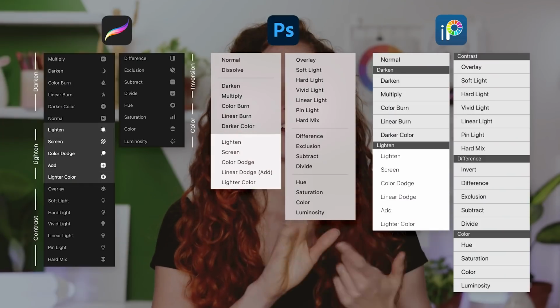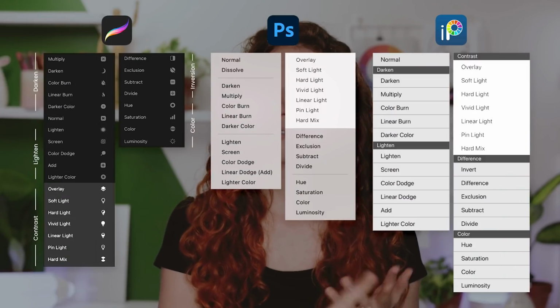But the thing is, we really don't need to memorize the exact science behind all the different blending modes to use them. As creators, we only need to remember the effect of those blending modes, which can be broken down in just 6 categories. And not even 6, honestly it's 5 because one of the categories is the normal mode. The other ones though are darken, lighten, contrast, inversion, and color. That's it. So let's look at some examples starting with the darken category.